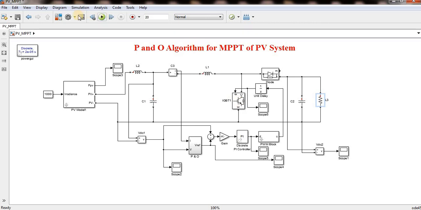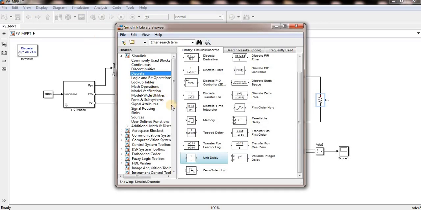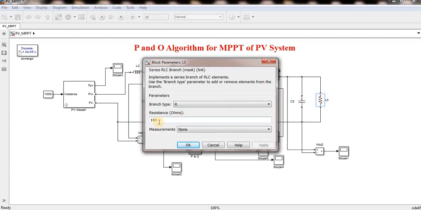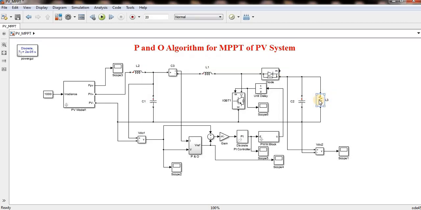Whatever components are available in Simulink, two types are there: the resistive load and the series RLC branch. You can take the series RLC branch, but you can't take the resistive load directly by entering 4700 watts, because that corresponds to a fixed voltage. If the voltage changes, the power will also change. So I selected 180 ohms instead of 10 or 150. If it is less than 90 ohms, it will consume more power because my output voltage is more than 700 or 680 volts, so it won't work properly.